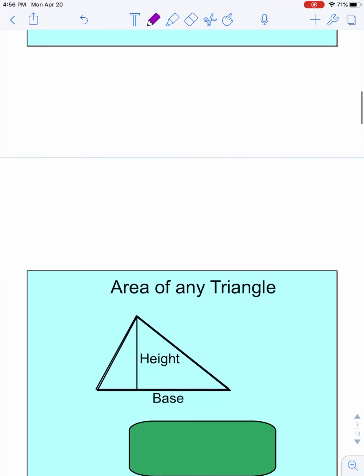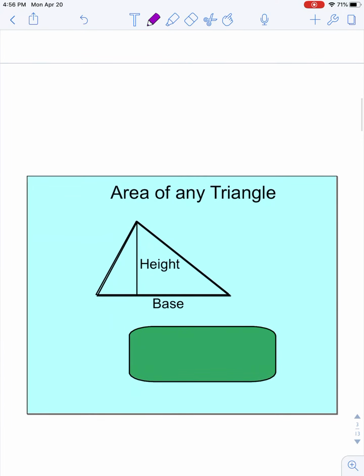Not anything new for you, I'm sure, and neither is the area of a triangle, and most of you know, and you should know and commit this to memory, that the area of any triangle is 1/2 the base times the height. But again, why? Well, if we take this entire triangle right here and we duplicate it, we can actually slide it,